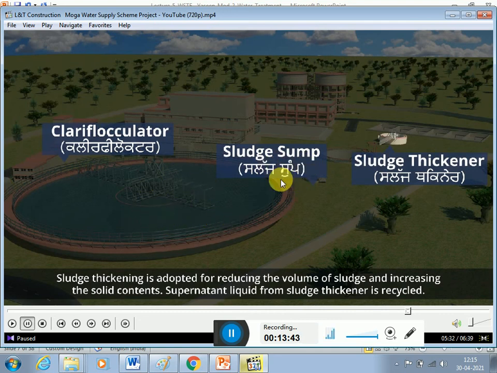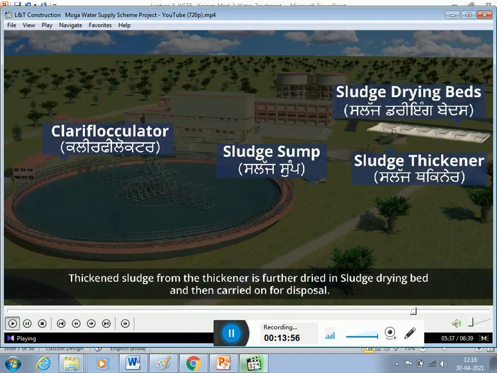To that we have a sludge sump here, and with a pump the sludge is sucked and pumped, and it is taken to the sludge thickening unit, because the sludge contains more than 95% moisture, which has to be removed. The sludge is allowed to stand in the sludge drying beds. Upon natural sun drying, the moisture content evaporates from the sludge, and that sludge can be used as a good manure, because most of it contains organic matter, silt and clay. So it can be used for different purposes.